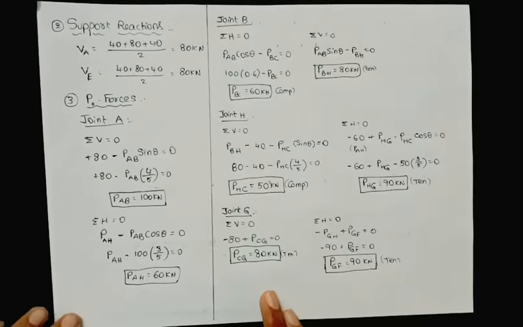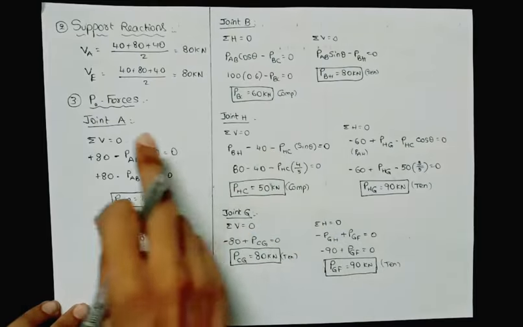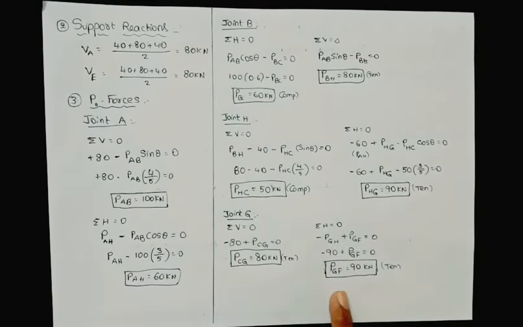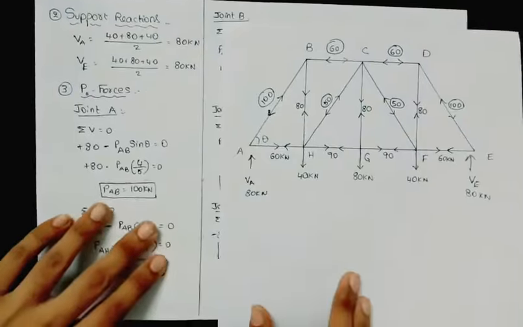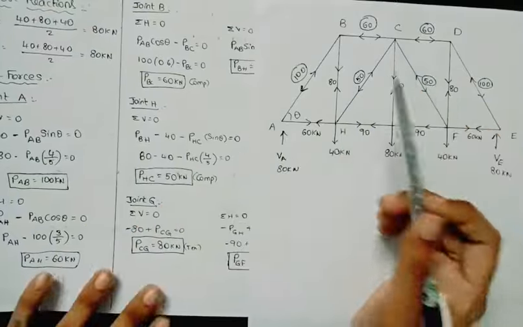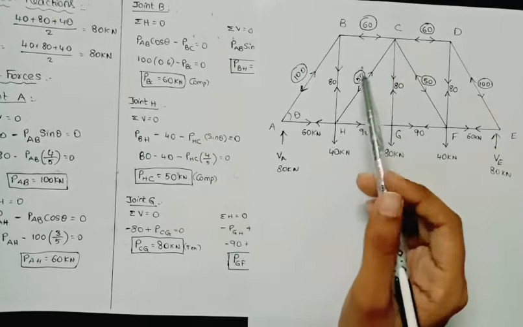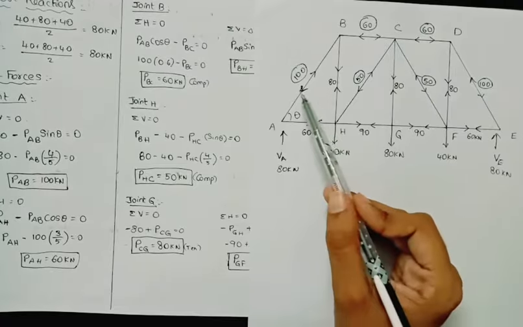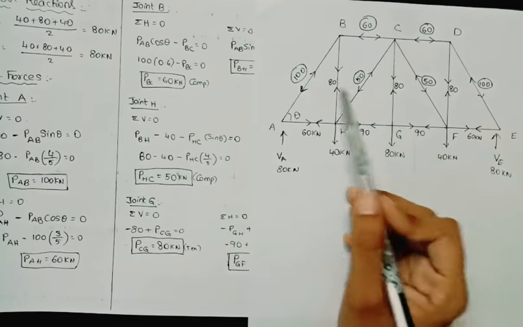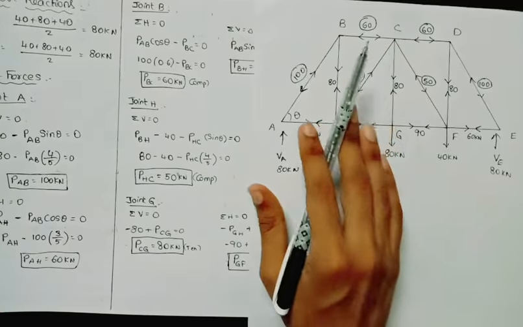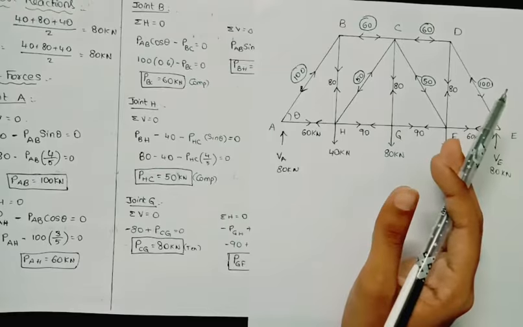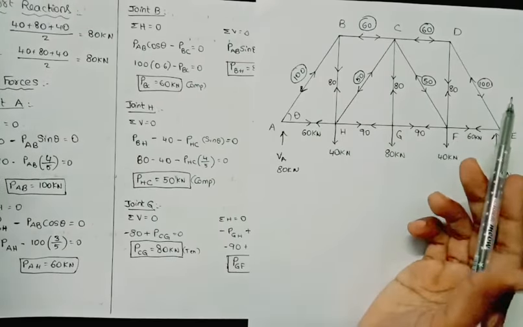So I have calculated all the forces by taking the left half, joints A, B, H and G. I have obtained the forces in each member and placed all the values in this diagram. The values which are circled indicate compression, just for identification. You can see here that by the property of symmetry, if this is 50 kilonewton, this is also 50, this is 80, this is 80 and this is 80. Whatever forces are present on the left side, the same forces will be on the right side due to the property of symmetry. So with these calculations we have completed the third step.